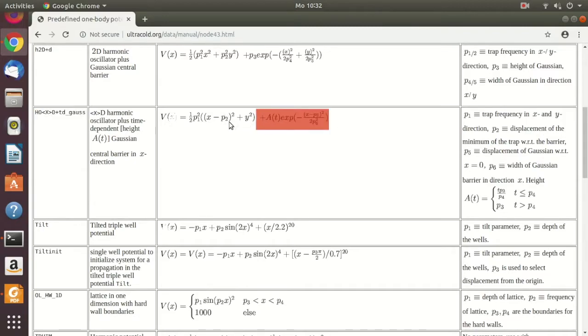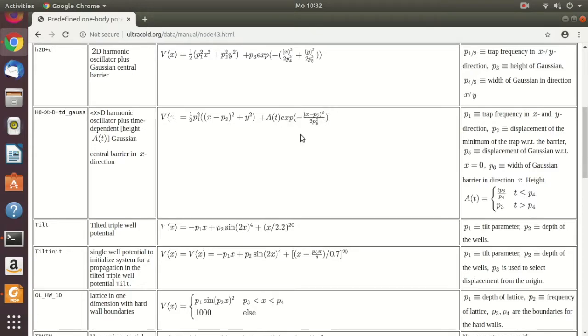So basically it has the form like this, and we can see that P1 is the harmonic trapping frequency, and then P2 is the center of the harmonic trap, and then we also have P3 and P4 are the magnitude of the barrier and also the ramping time, and P5 is the center of